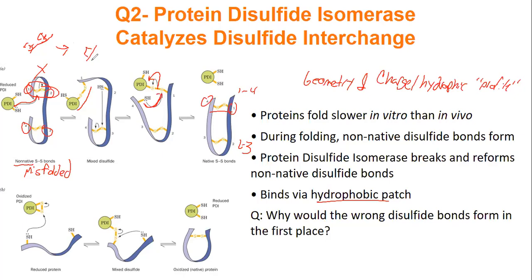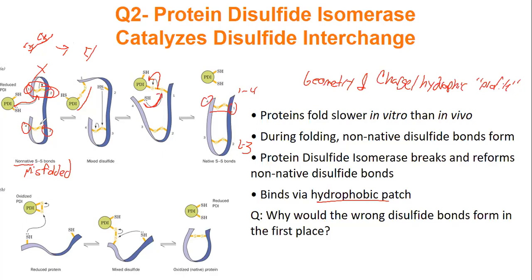When they form a disulfide bond that's incorrect, some kind of intermediate state will be formed. And this intermediate state will probably look the same in every single copy of the cell because it's always misfolded the same, right? So this PDI,